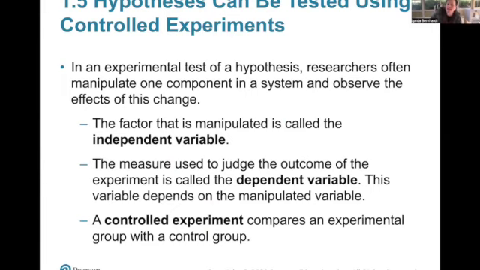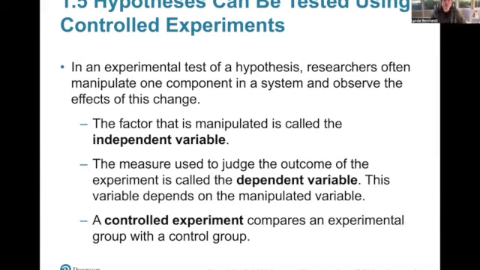That brings us to experiments and having controlled experiments. I was taking a look at my laptop to see how many slides are left. So you will have an independent variable and you will have a dependent variable. And if it's a proper experiment, you also have a control. So your independent variable is what you are mucking about with. This is the part that is independent of anything. It can do whatever. You have your dependent variable. This is what is dependent upon what you are mucking about with. And I'll have examples in just a second.